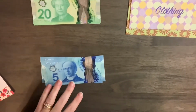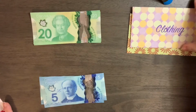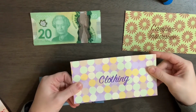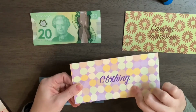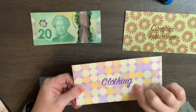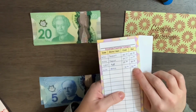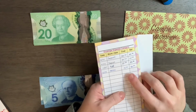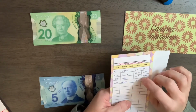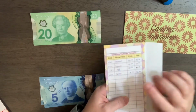Sorry guys, I'm not sure if you can see as well as I would like. Then we're gonna do our clothing envelope. We are going to be making a change to this envelope in our next pay period, I think, because we do have a balance right now of $80 in our clothing envelope. We are going to be adding to this today. We haven't been taking a whole lot out of it, and with Christmas coming, I don't foresee that we're going to have to take a whole lot out of it